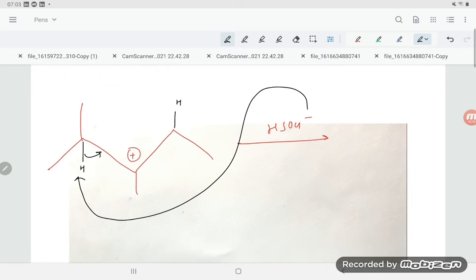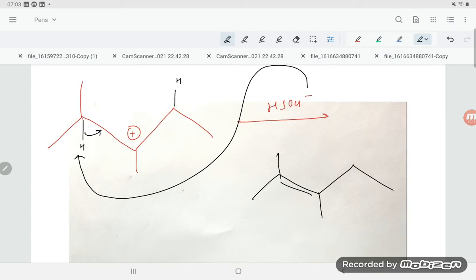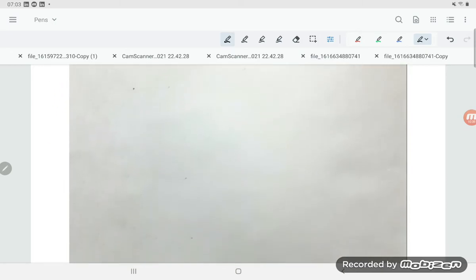So what product are you going to get here, students? There is the double bond, here is methyl, here is methyl. Okay, so it will come how much, student? That is 2, 3, this is 1, 2, 3, 4, 5. So it is coming 2,3-dimethyl, and then it is 2,3-dimethylpent-2-ene. Now one more condition is possible.